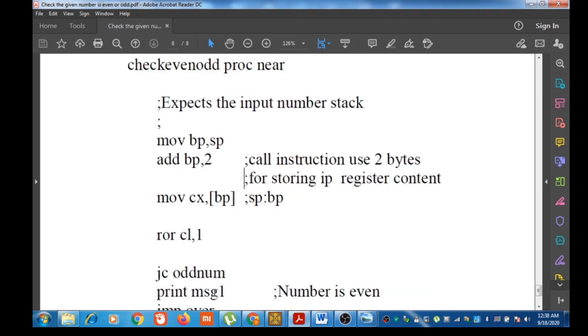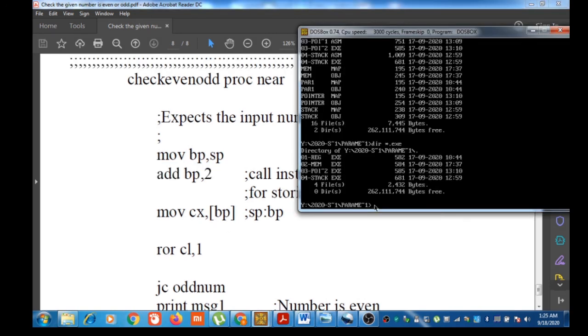So we can use the BP register, then do the arrangement. Here we will be adding 2 to the BP value, then take the content and move to some register, and do the remaining operations. Now let us run this program.